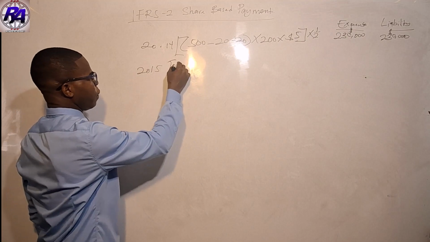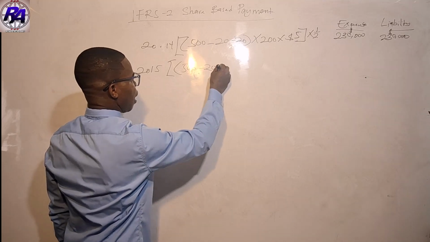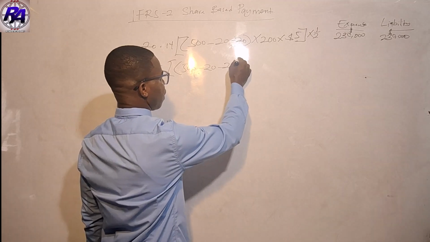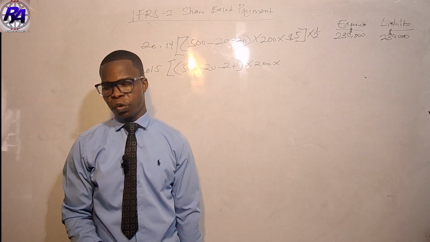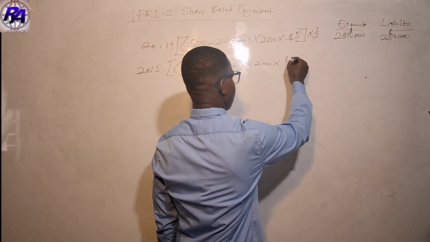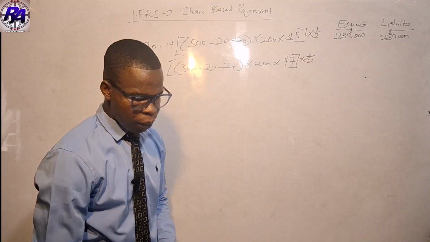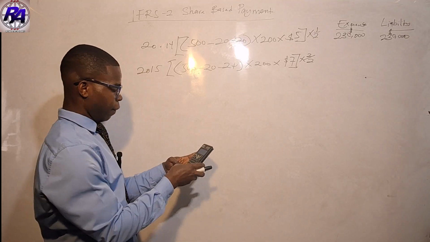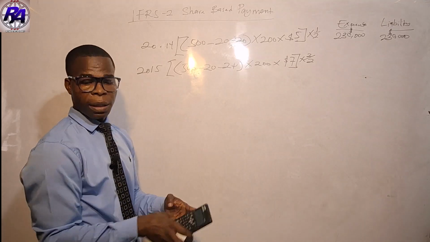So in 2015, we are still dealing with 500 employees. How many actually left in year 1? 20. How many actually left in year 2? From the question, 24 employees left in year 2. So this is going to give us, multiply by 200. What's the share price now at the end of year 2? At the end of year 2, the share price now is $7. So all these will be multiplied by 2/2. So this is going to be 500 minus 20 minus 24, and the whole thing is giving us